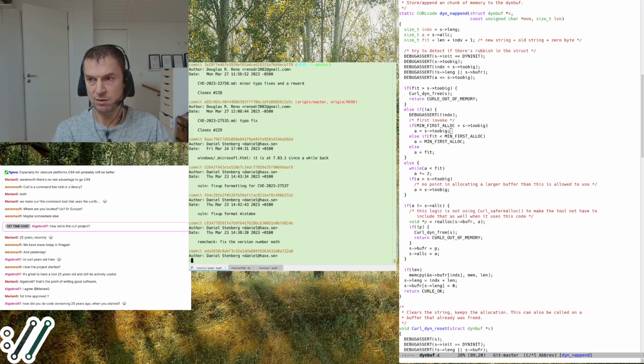When I started out curl, I don't remember if I had already switched to CVS. Curl started as a different tool, and I renamed it once, and then I renamed it again to curl, but it existed before it was curl. So I started with RCS, and then I switched to CVS sometime in 1997. So by the time I did curl, it was already CVS. And then we stuck to CVS until 2010 when we switched to Git. So we never took the Subversion step because I didn't really feel the need.